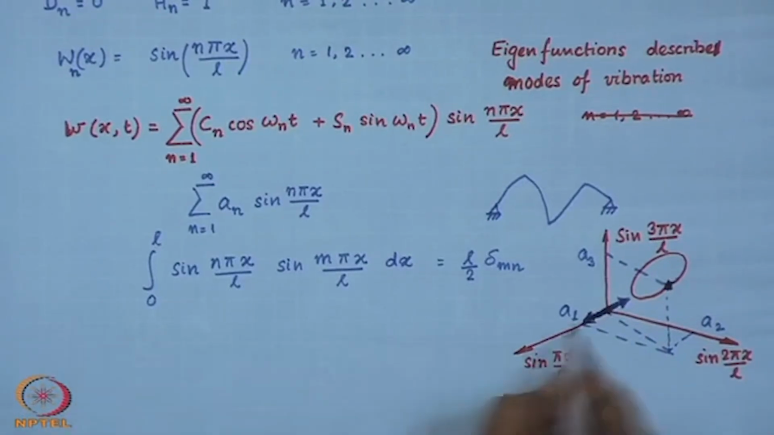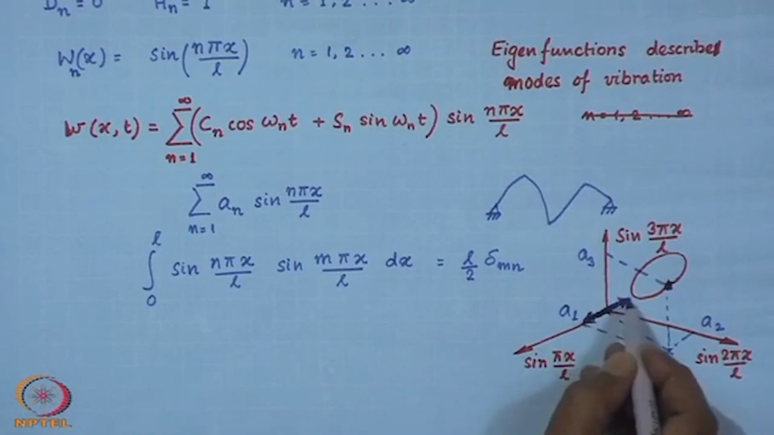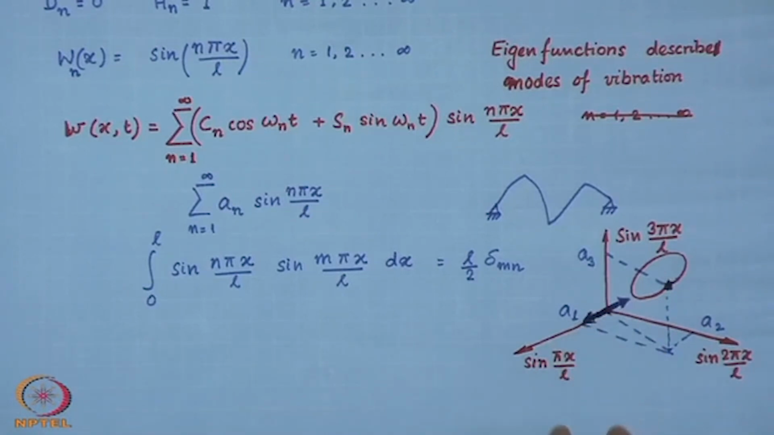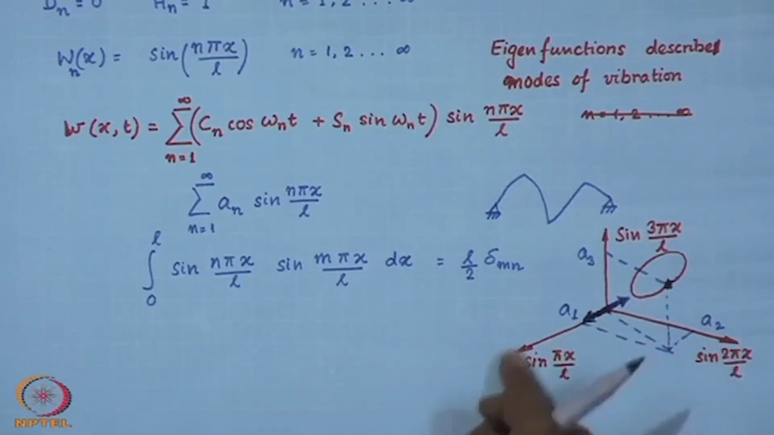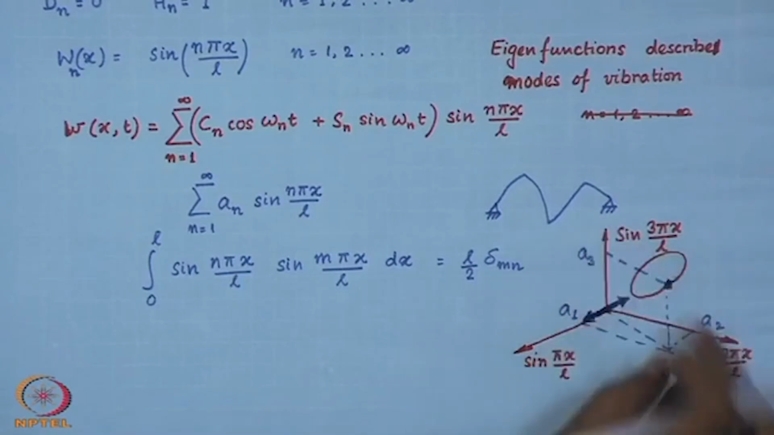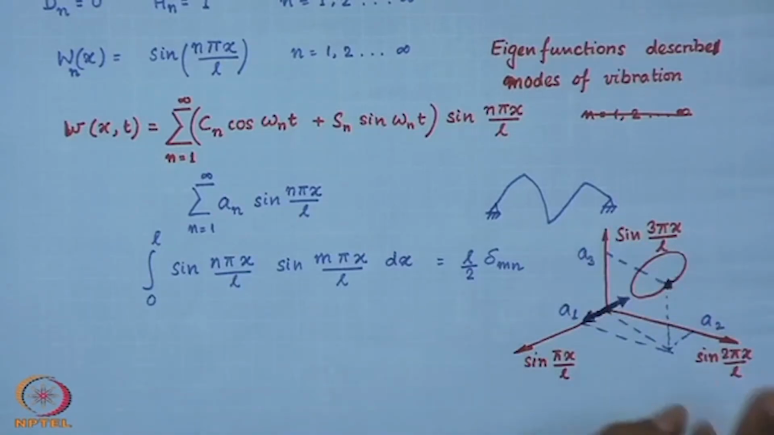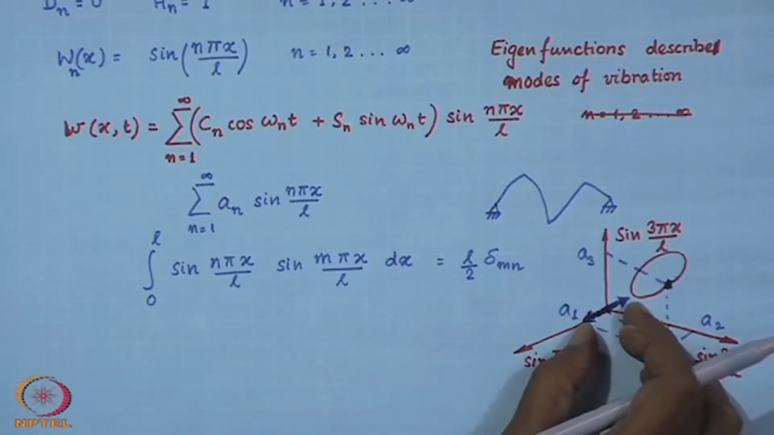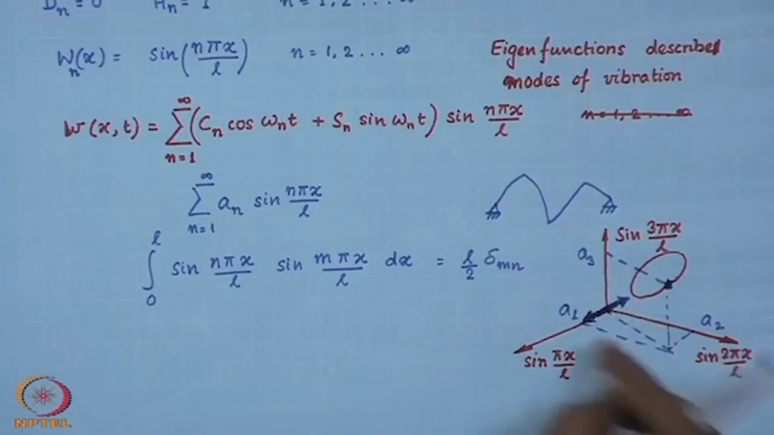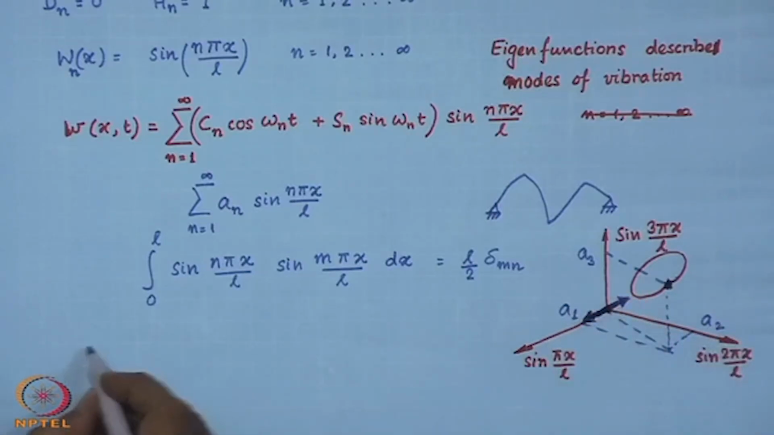So, this motion is represented only by sin(pi x over L). All the other coefficients, A2, A3 and so on, are all 0 except A1. So, this is the first mode of vibration of the string, which looks like